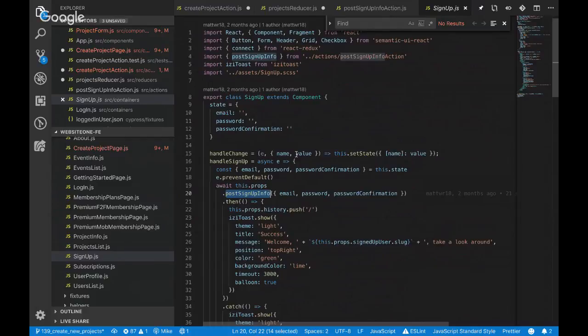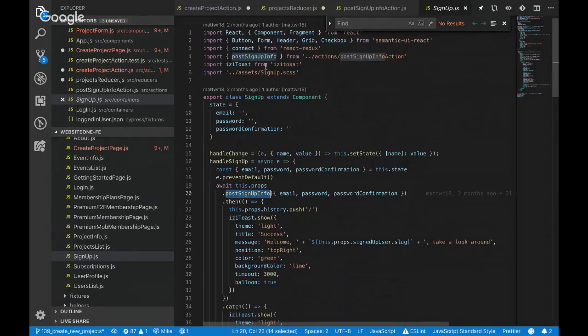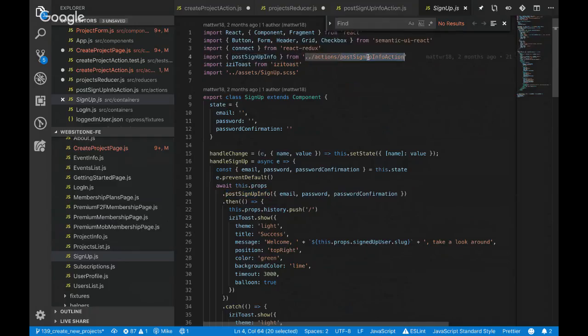So on line 4, he imports post sign up info from the action. You see that? Yeah. And then